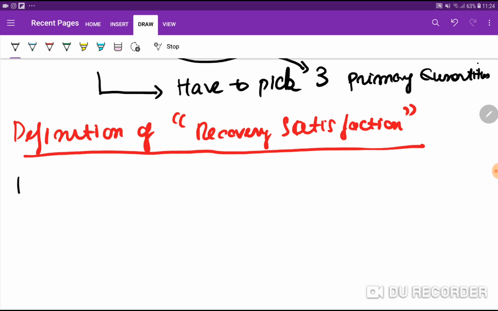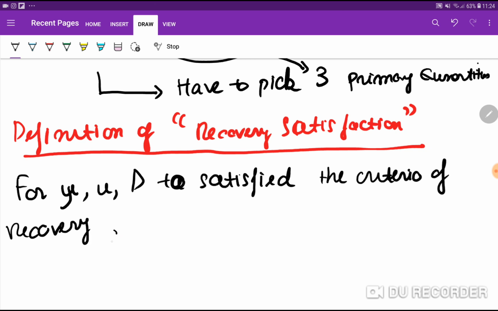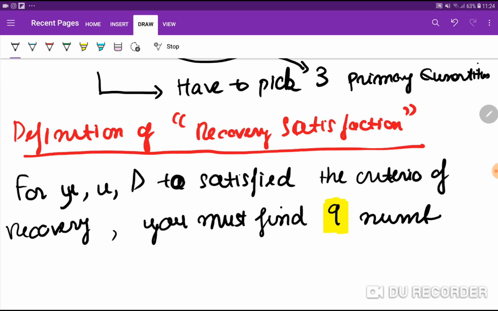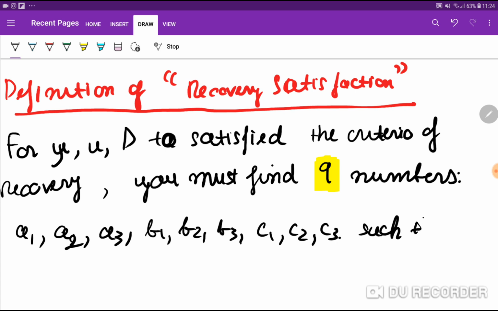It means that, let me write, for mu, UM, and D to satisfy the criterion of recovery, you must find 9 numbers. What are those 9 numbers? A1, A2, A3, B1, B2, B3, C1, C2, C3, such that